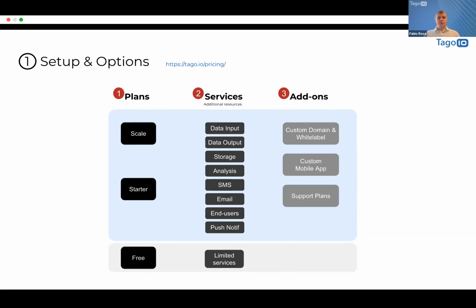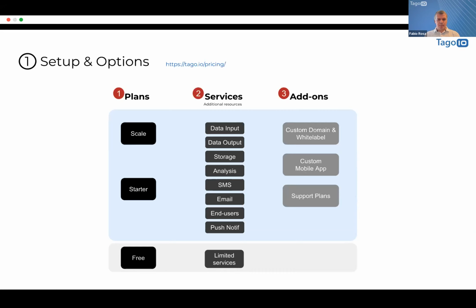If you go to Scale, you get the unlimited version, and you also add additional features. For example, you can have multiple languages available at the same time, or SSO and other things. Okay, so you select your plan, then you select the level, moving the bar that I'm going to show you